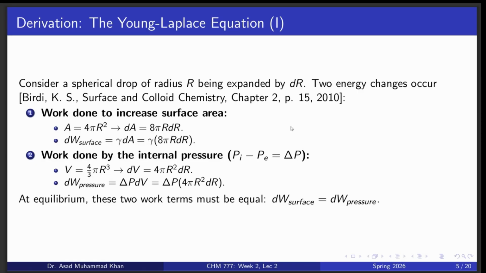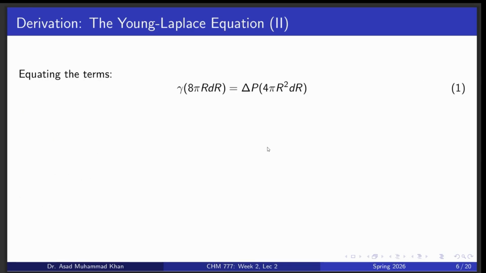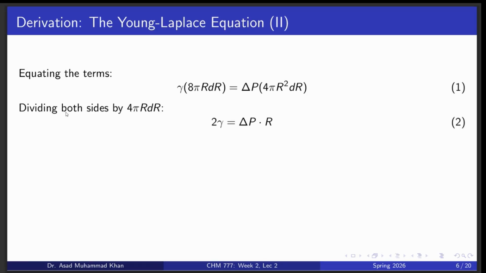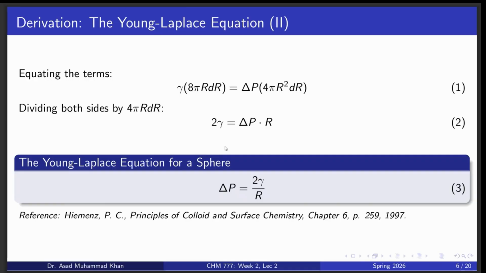At equilibrium these two work terms must be equal, so the surface work will be equal to the work due to pressure. तो ये आपके पास क्या है, एक dW प्रेशर है, एक dW सरफेस है। So if we equate these terms, ये यहाँ से याद रखें, it is at equilibrium when it is equal. When we equate these terms we get gamma 8 pi r dr equals delta p 4 pi r square dr, and if we divide both sides by 4 pi r dr we get 2 gamma equals delta p dot r, and the Young-Laplace equation for a sphere is delta p equals 2 gamma over r।